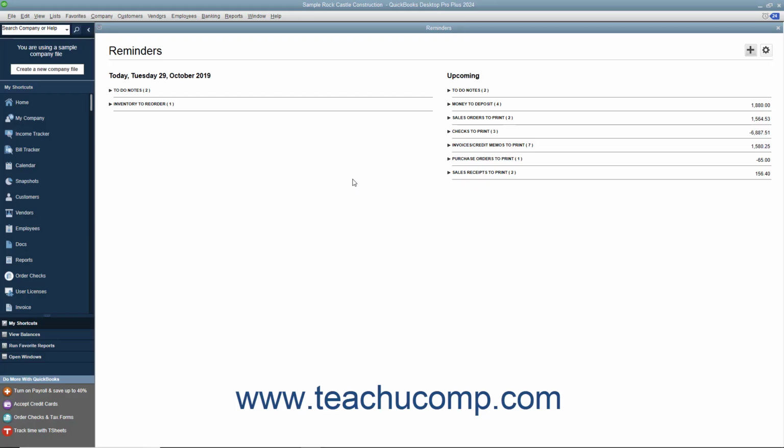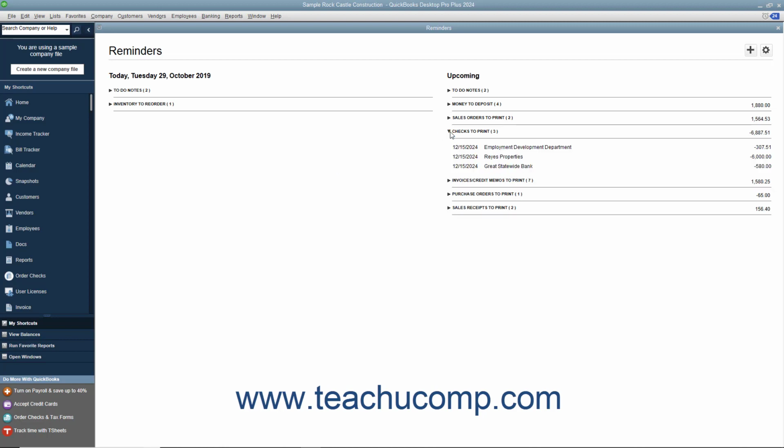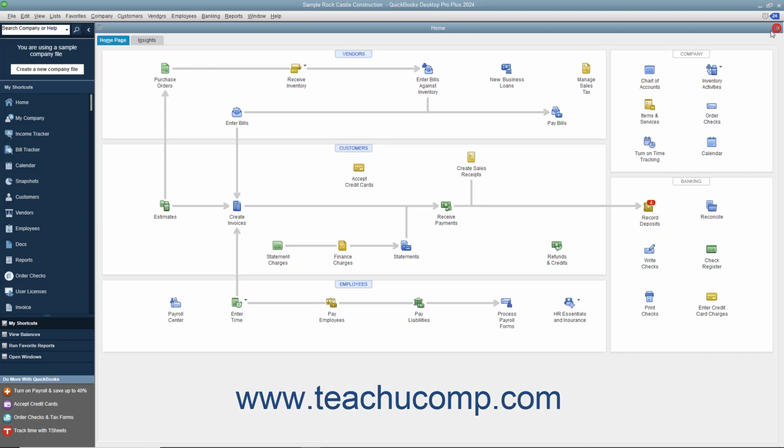A nice feature of the QuickBooks Desktop Pro program is that when you open it up, you can have reminders appear to tell you if you have transactions to complete, such as paying your bills or depositing funds. If you don't see the reminders window when you open QuickBooks and you would like to, you can enable it